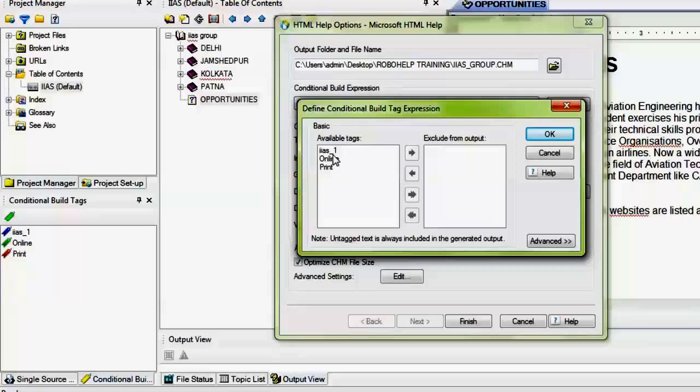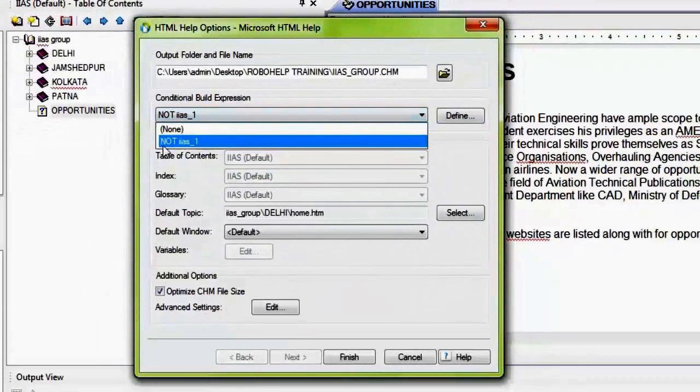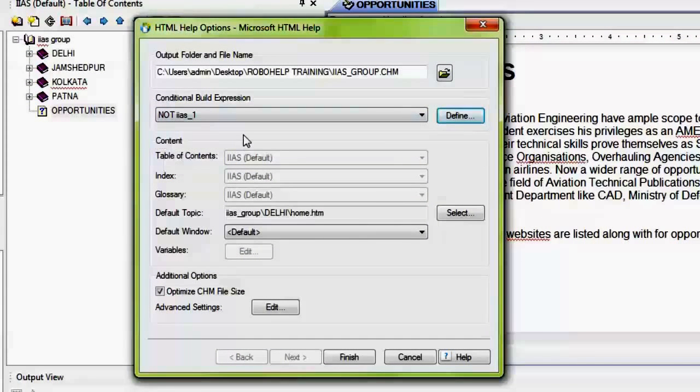I'll click IAS and I'll exclude it from output. So just click on IAS, click on this right icon, and see here IAS is done. Press OK. Now you can select NOT IAS_1. So we are defining that the IAS conditional tag is not required in the output.